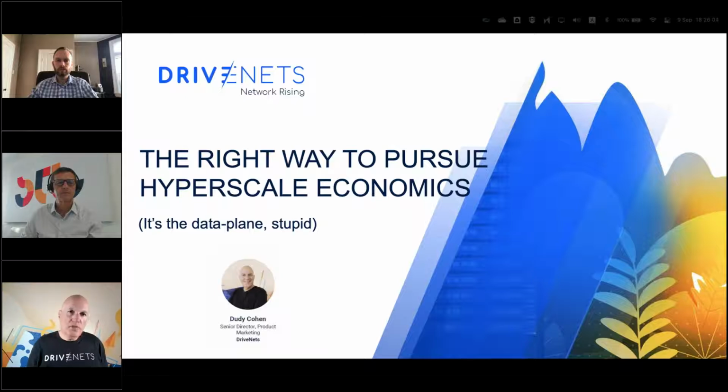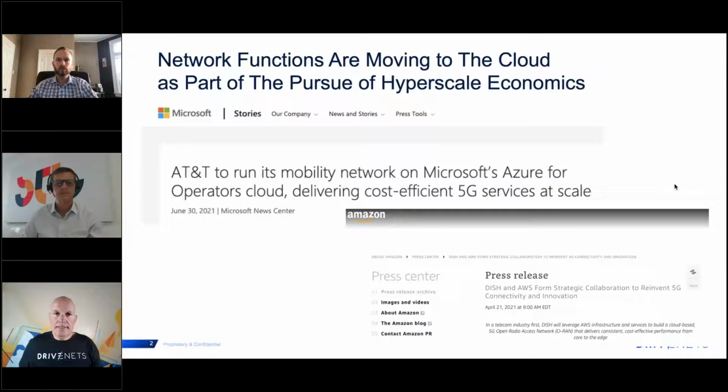And just a couple of recent examples that were all over the news. Recently, AT&T decided to take their 5G core technology and implementation and push it towards the Microsoft Azure platform, the public cloud platform for Microsoft. A similar move was done by Dish, partnering with AWS in order to introduce disaggregated 5G solutions. And this is fine because when it comes to the control plane functions of networks, which are basically